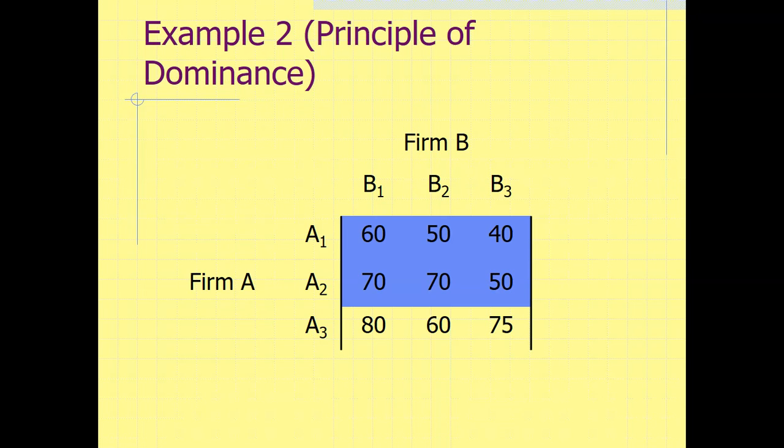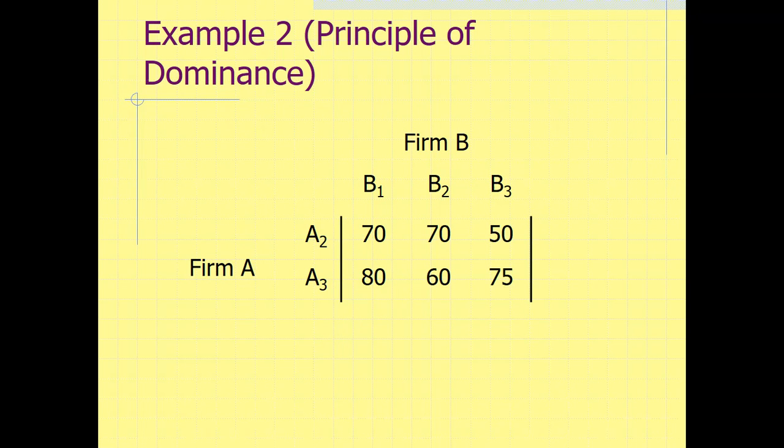If we look at the rows of the payoff matrix, it is observed that the elements of the first row are less than or equal to the corresponding elements of the second row. Therefore, the first row is deleted. Now, observing the columns,